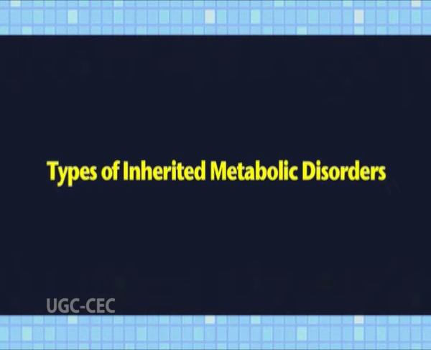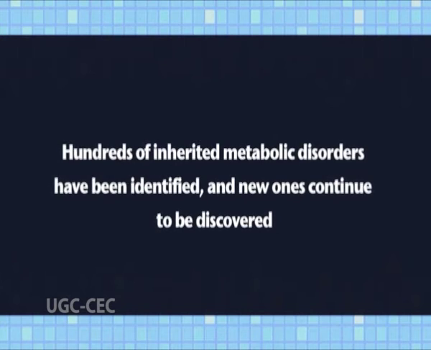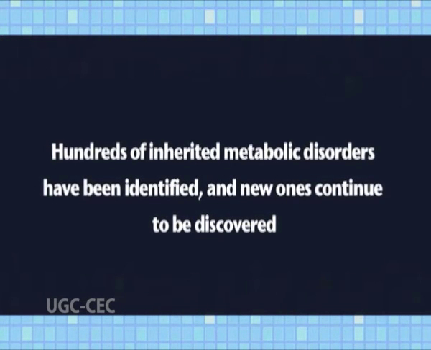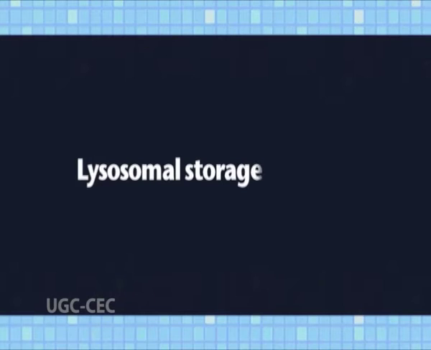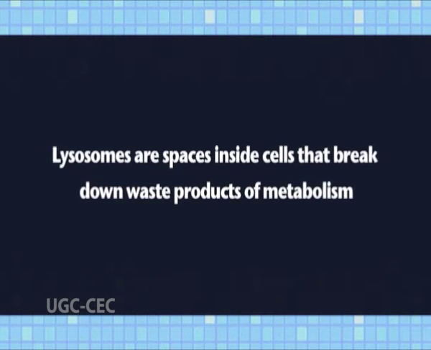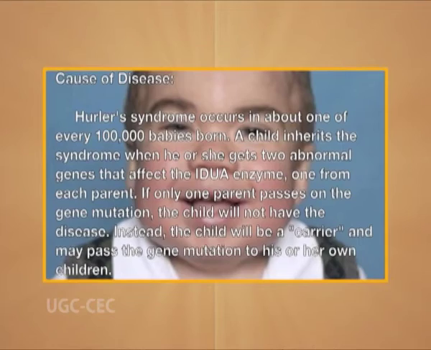Types of inherited metabolic disorders. Hundreds of inherited metabolic disorders have been identified, and new ones continue to be discovered. Some of the more common and important genetic metabolic disorders include lysosomal storage disorders. Lysosomes are spaces inside the cells that break down the waste product of metabolism. Various enzyme deficiencies inside the lysosome can result in buildup of toxic substances causing metabolic disorders, including Hurler syndrome, with abnormal